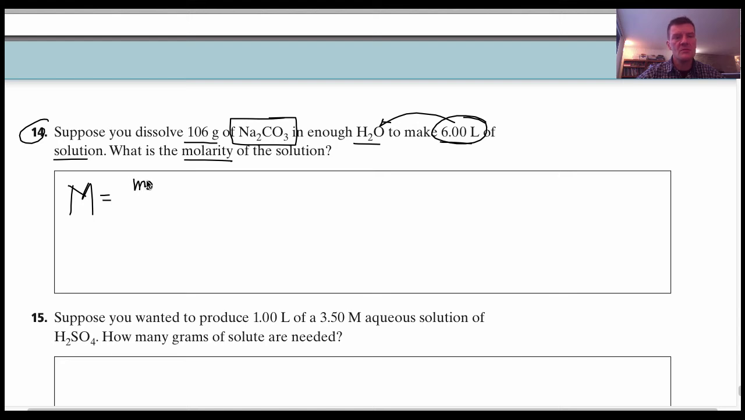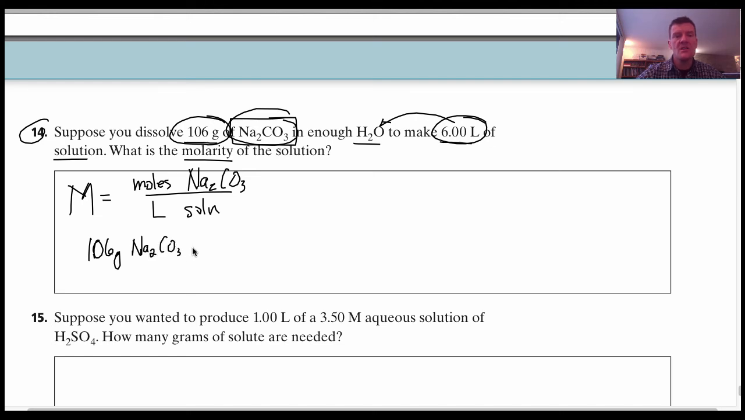Molarity is moles, in this case, of sodium carbonate divided by liters of the solution. Okay? So are we given moles of sodium carbonate? No, we're given mass. We're given the mass of sodium carbonate. So I need to take this 106 grams of sodium carbonate and I need to divide by the molar mass, because 1 mole of sodium carbonate, I have to look it up on the periodic